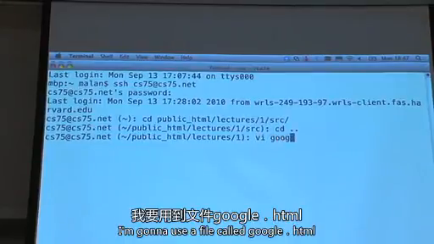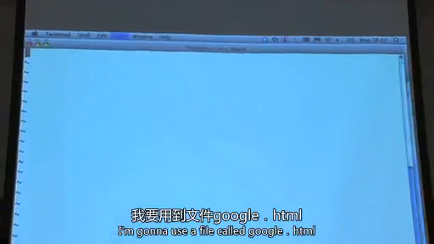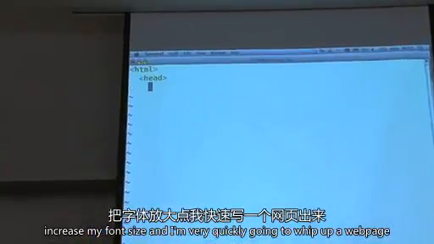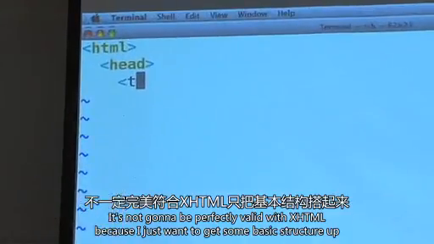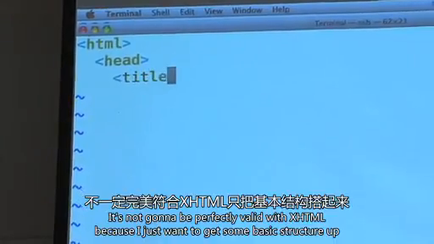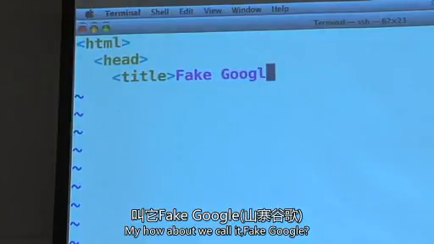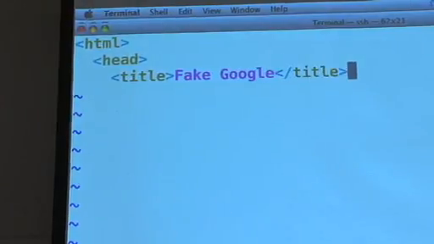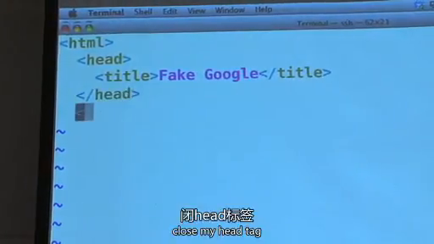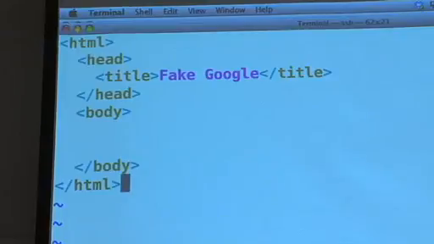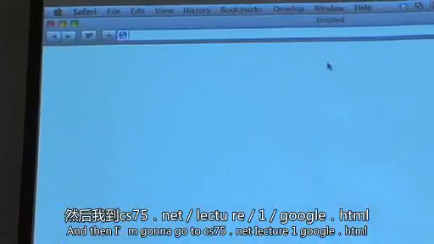I'm going to use a file called google.html. Let me increase my font size, and I'm very quickly going to whip up a web page. It's not going to be perfectly valid with XHTML because I just want to get some basic structure up. How about we'll call it fake Google. All right, title. And close my head tag, open my body tag, close my body tag, close the HTML tag, and then I'm going to go to